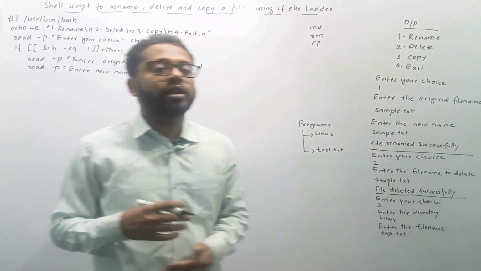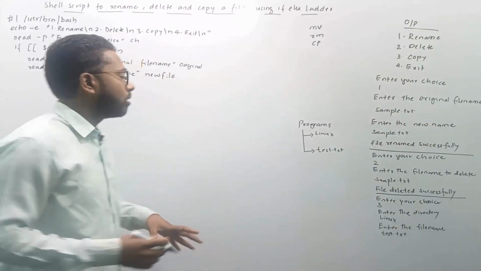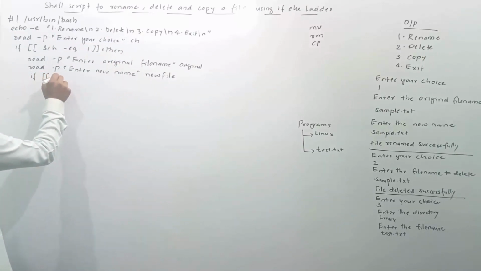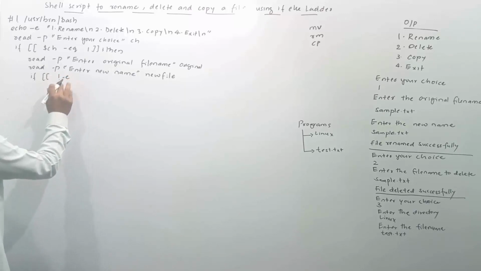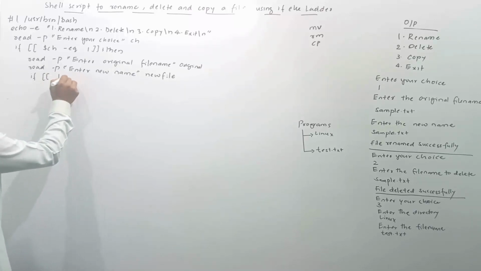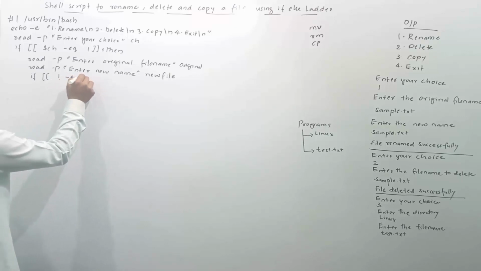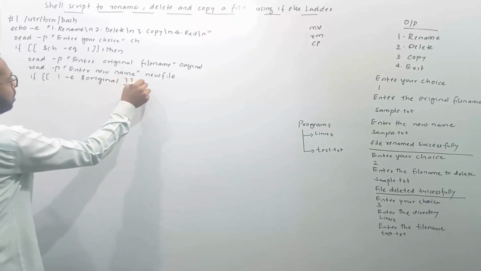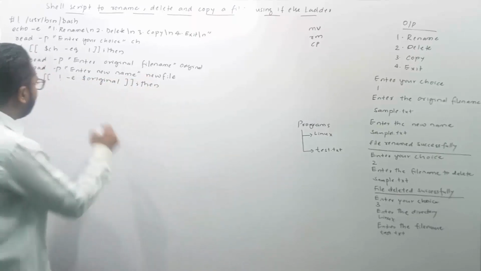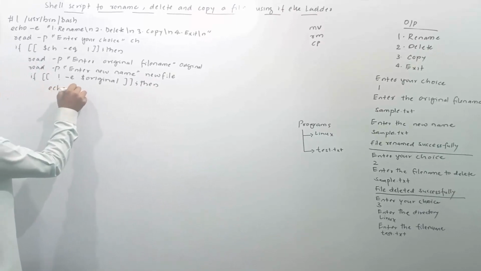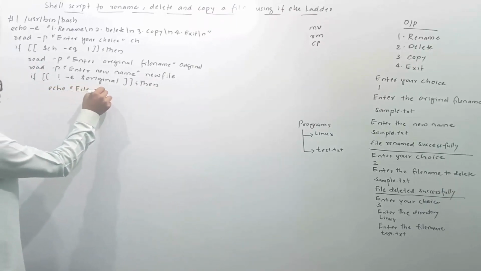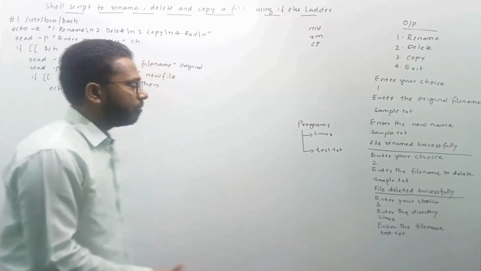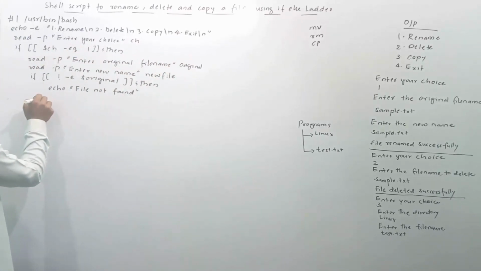name which user wants to rename, exists in the system or not. I need to set an if condition. If not exist, original, $original, then I will display a message echo file not found. Otherwise, I will just rename using mv command, else